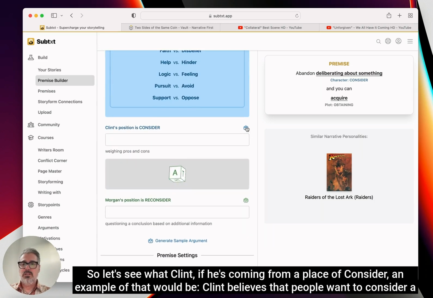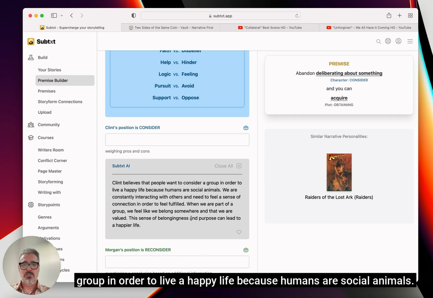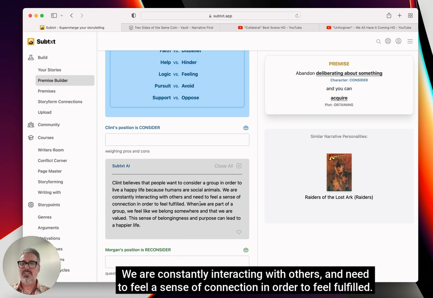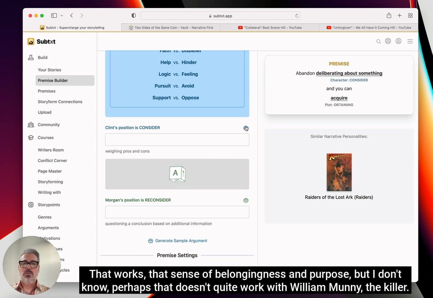So let's see what Clint, if he's coming from a place to consider, an example of that would be Clint believes that people want to consider a group in order to live a happy life because humans are social animals. We are constantly interacting with others and need to feel a sense of connection in order to feel fulfilled. Yeah, that works, the sense of belongingness and purpose, but I don't know, perhaps that doesn't quite work with William